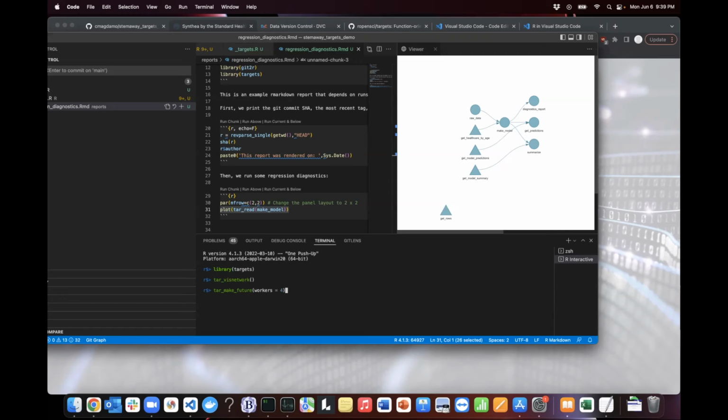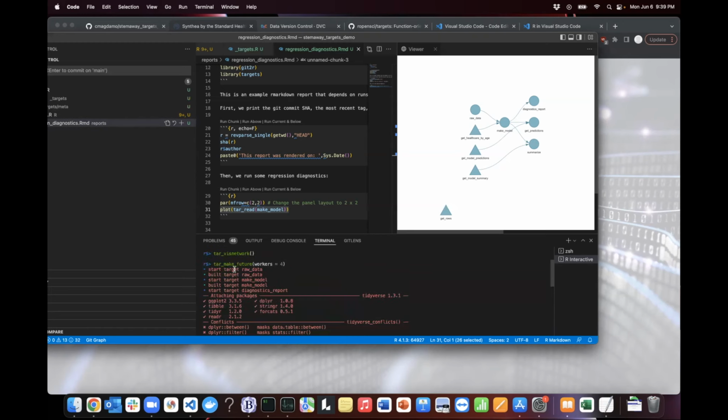Now, in the future of this demo, I may be running just tar make because this is fast enough to run without parallelism, but I just wanted to mention the fact that this is here and available to us. So I'm going to go ahead and run that, and we see we get some fairly informative output. So we see in targets when we start building a target and when we finish building a target. We see that here, that for example, we built the target raw data,